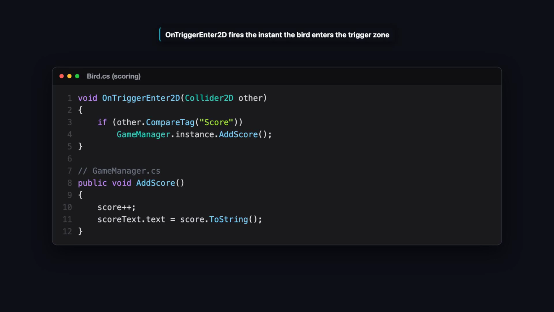ToString turns the number into text, because a UI text shows text, not raw numbers. One pass through the gap, 1 point, and the label updates instantly. That is the entire scoring system, a trigger, a built-in method, and a counter. No physics tricks, no distance math. This trigger and tag pattern is how a huge amount of Unity gameplay is built, and you just used it